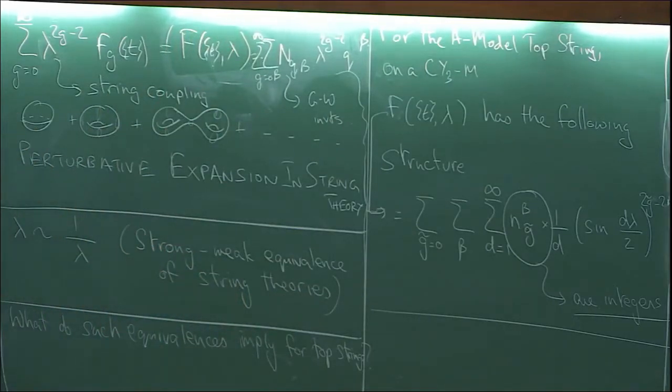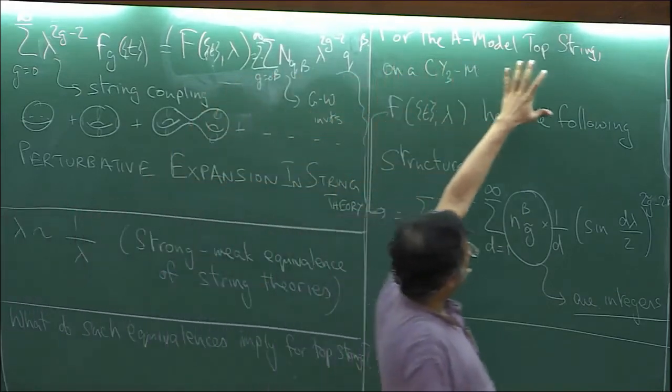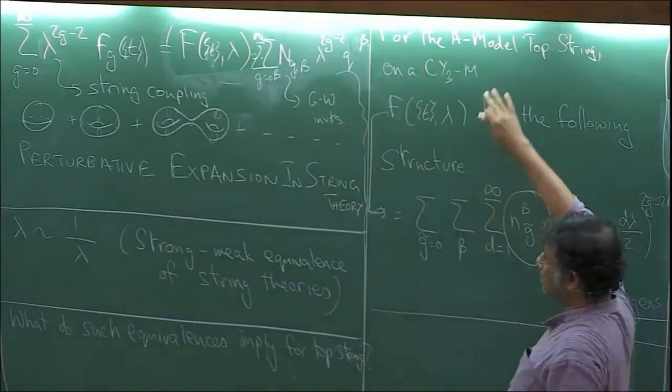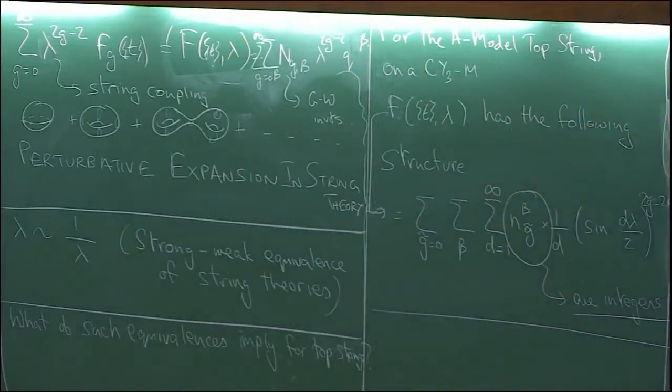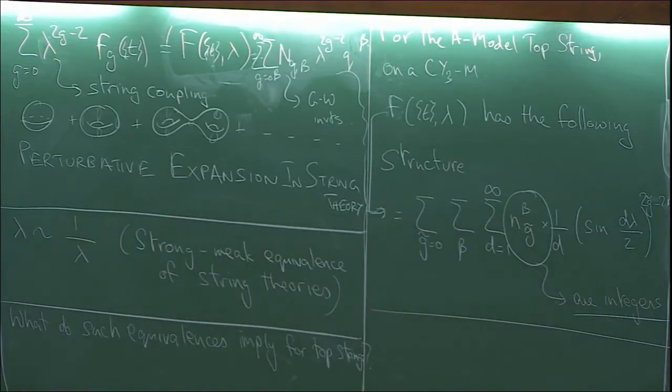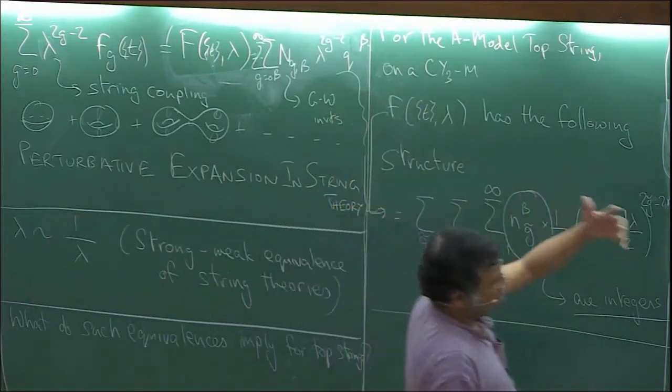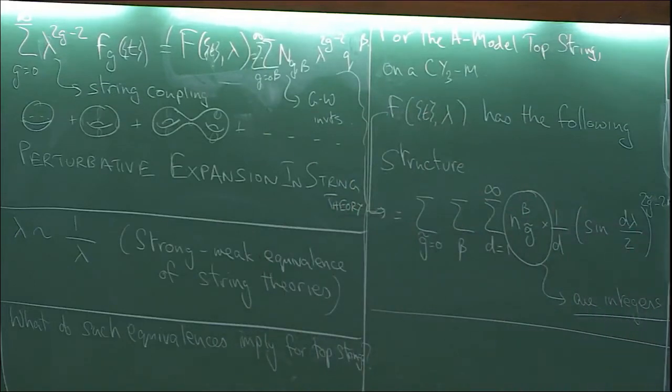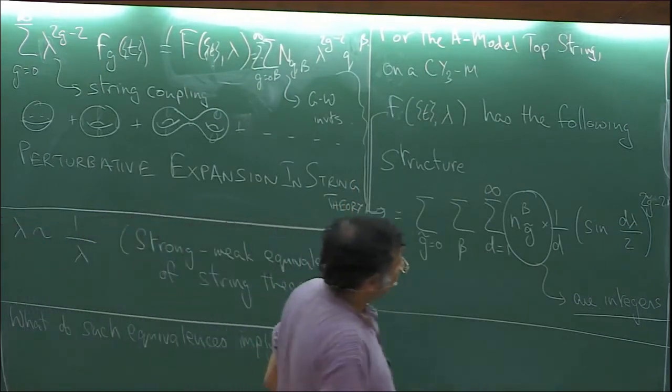And this whole thing, if you think in terms of some equivalent theory: this was the topological A model on a Calabi-Yau. This is a part of a physical string theory. As I said earlier, topological strings are a sort of subsector of the physical string theory. For that physical string theory, it is the so-called type 2A string theory on this Calabi-Yau, and there is a strong-weak coupling equivalence in terms of another description, the so-called M theory description, in which